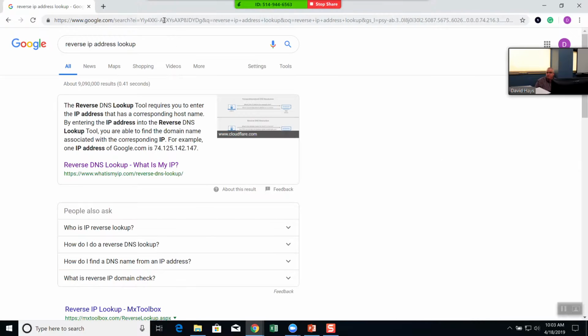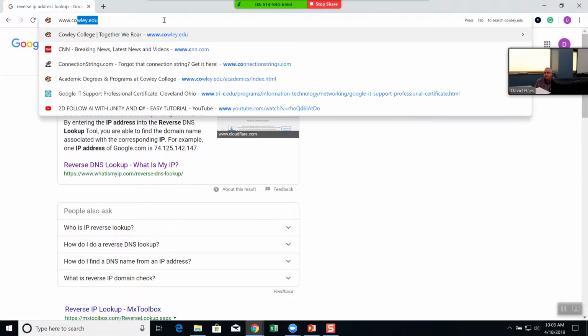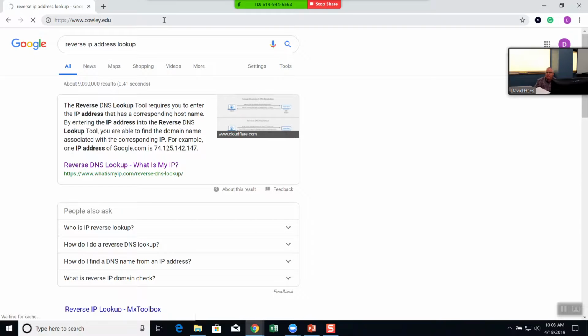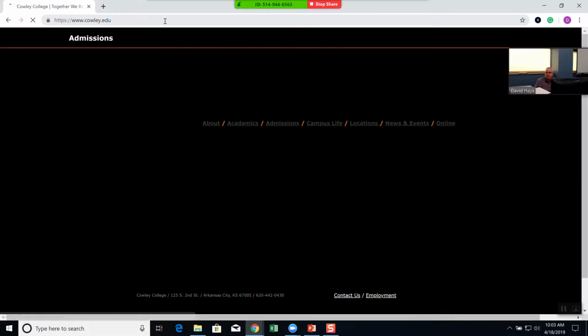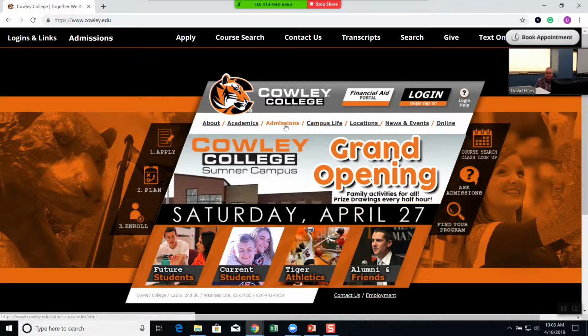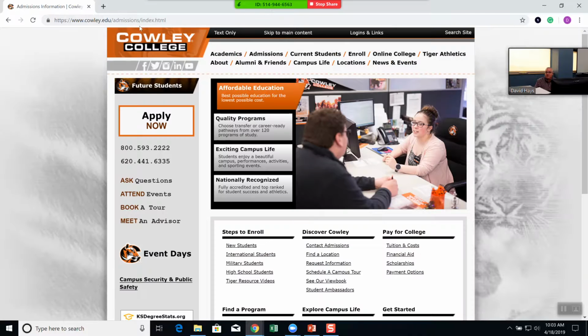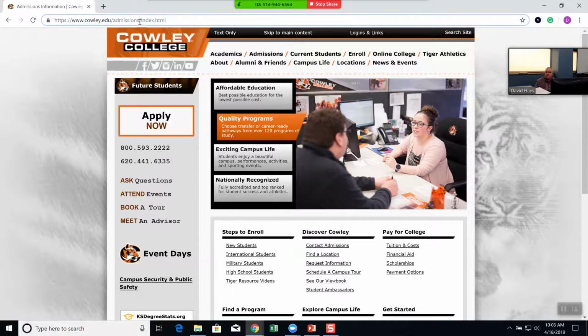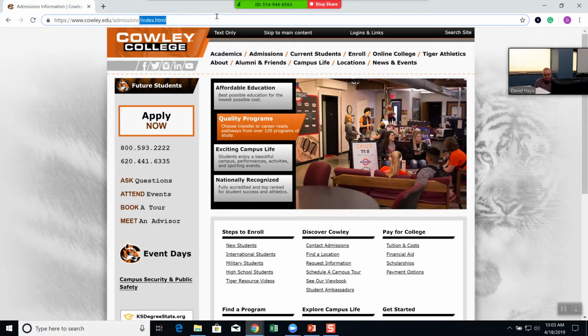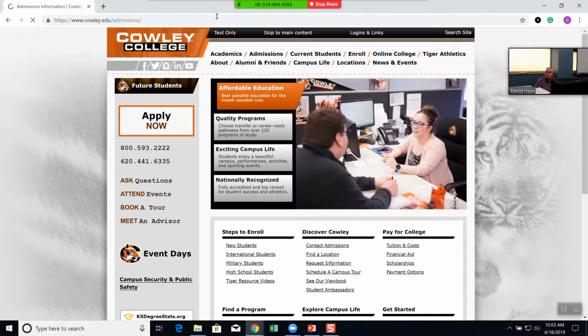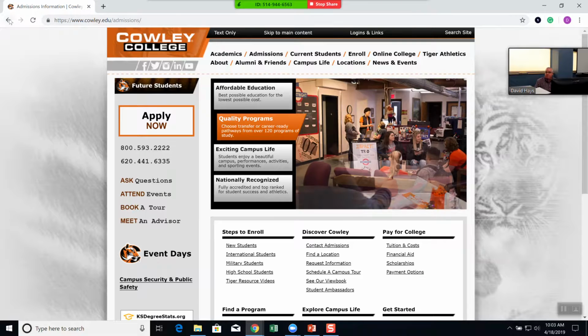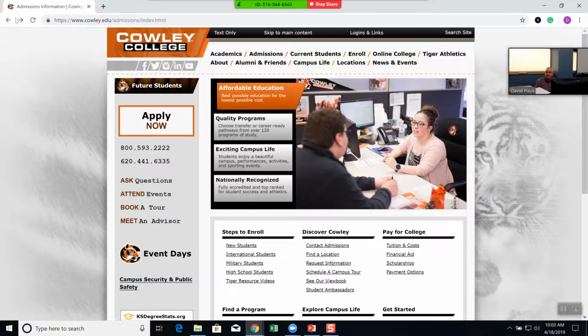What's that mean? Go to cali.edu. I'm not telling it what file it'll load here. If I go to missions, you see it says index.html. If I get rid of the index.html and press enter, it still goes to the same site because that's our default one. Over here in Kali,